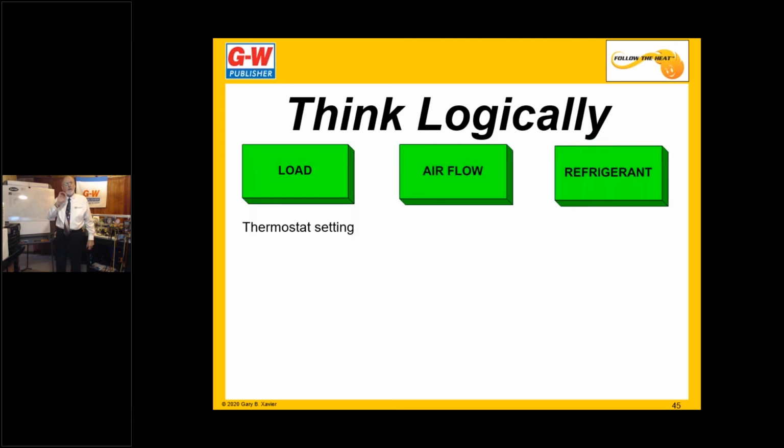and there's not enough load on that system, it probably wasn't designed to cool the room to 55, and the thermostat might go down to 55. So the unit dies trying. It just keeps trying to cool that space, and there's not enough load. And because there's not enough load, the pressure drops in the evaporator because the refrigerant's not changing state from a liquid to a vapor, and the pressure drops and it hits a lower saturation temperature, below 32 degrees Fahrenheit, and